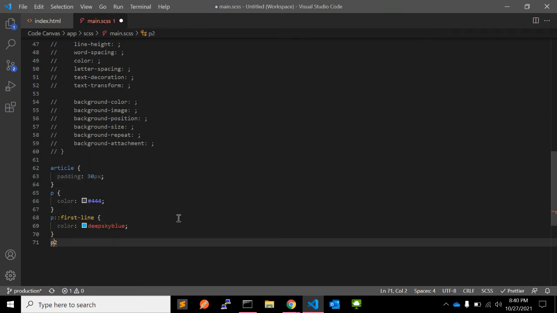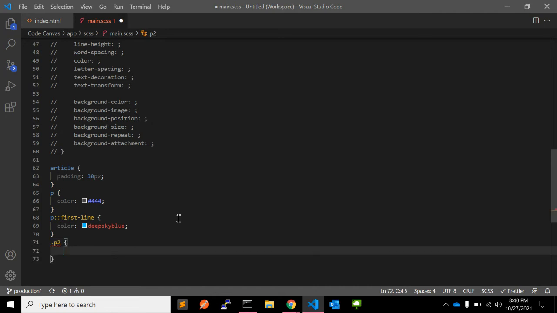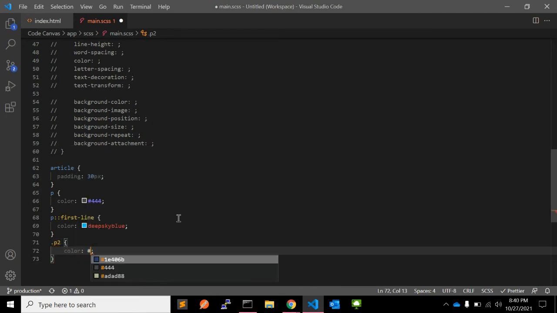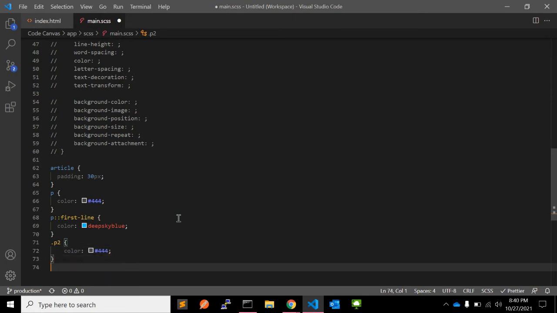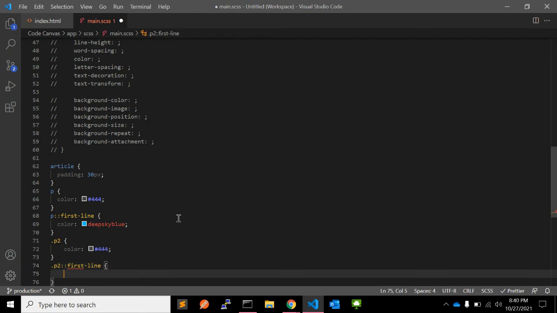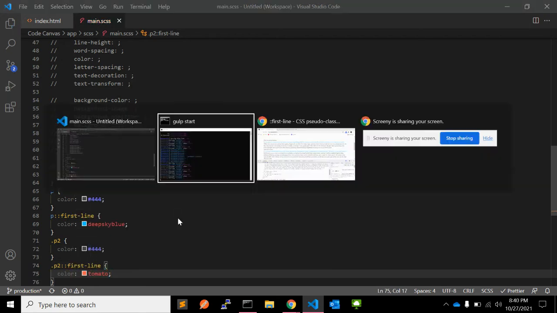For p2, p2 is a class. So for p2, let's give color again 444, and for p2 with the pseudo first line, give color, for example tomato. Let's see how it looks.